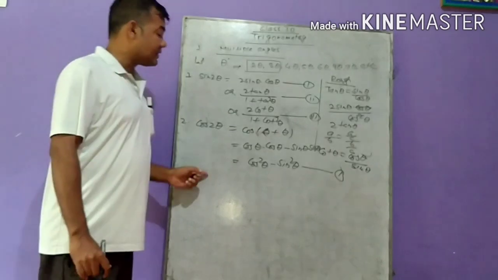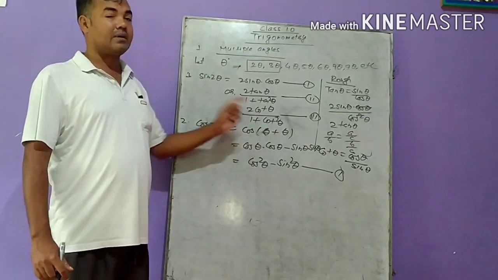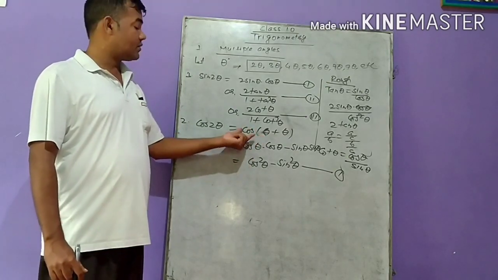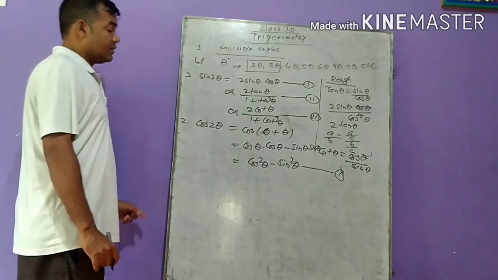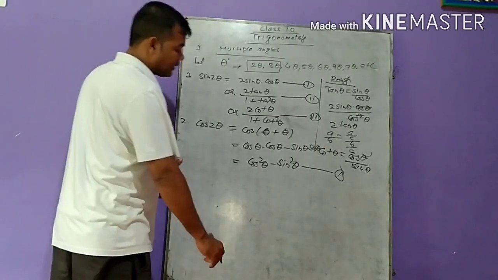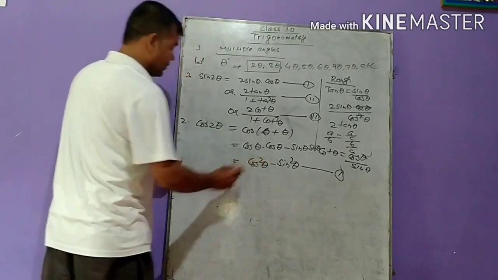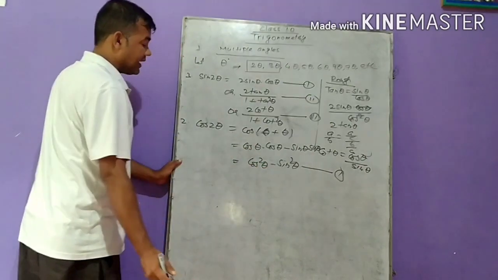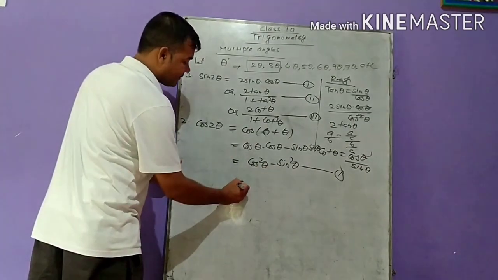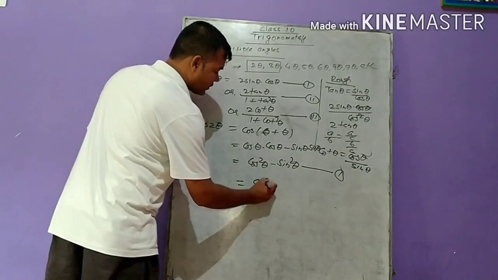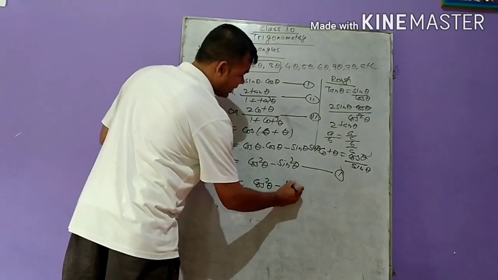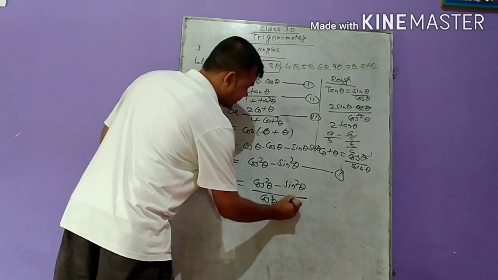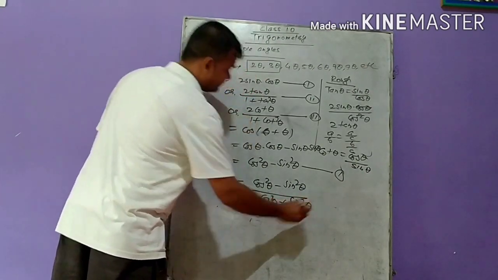In every explanation we are using the concept of compound angle. So compound angle is a very important concept for students of class 10. You need to revise and you have to memorize all the time. So this is your relation, and this relation can also be transformed into tan and cot. We can also start from here. We can write cos square theta minus sin square theta by cos square theta plus sin square theta.